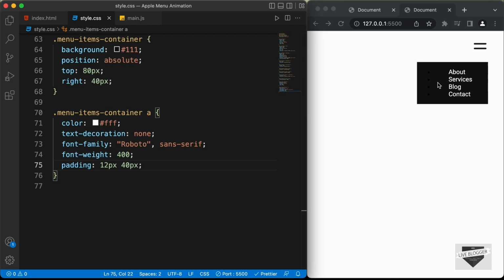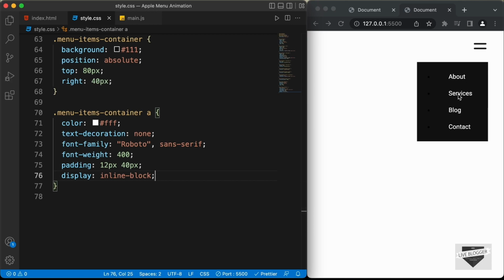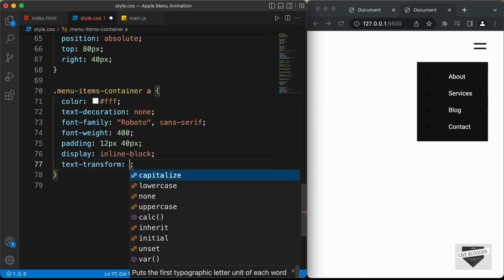And here we can see that the padding is not applied to the top and bottom. That's because the anchor tags are inline elements by default. So we have to type display of inline-block. Right, now we can see that the padding is applied. Let's also set the text transform to uppercase,